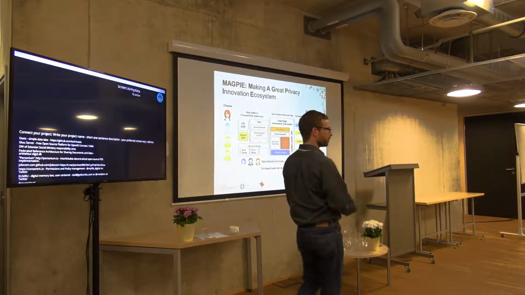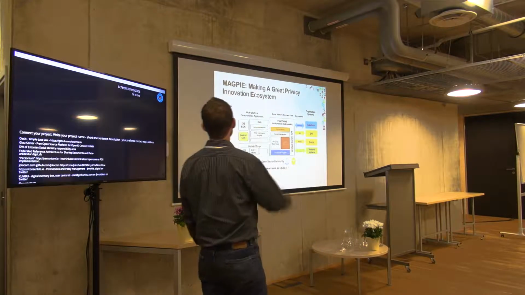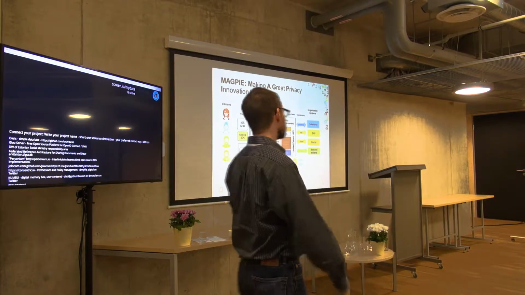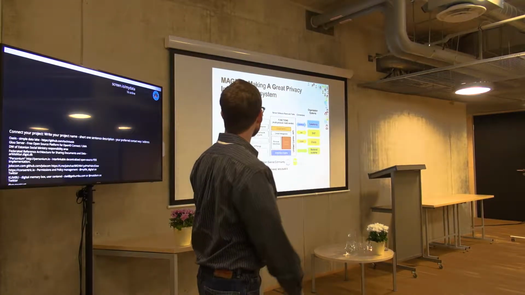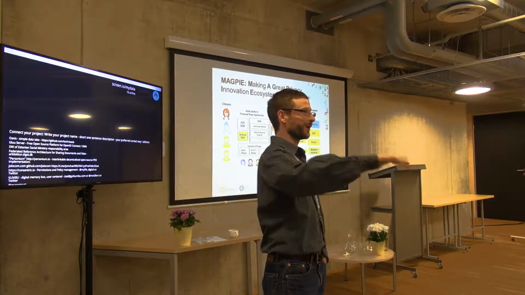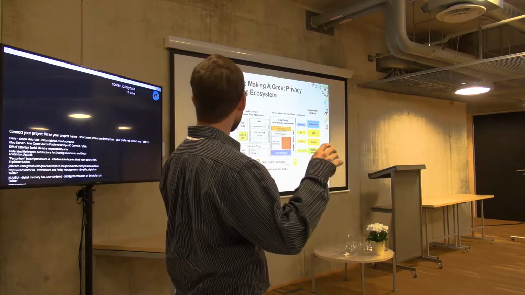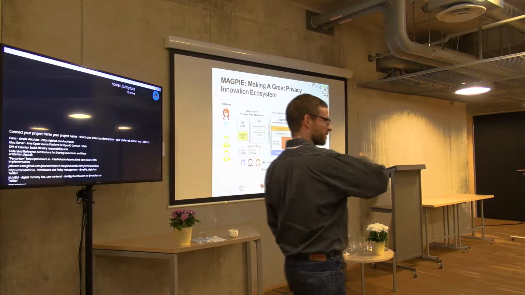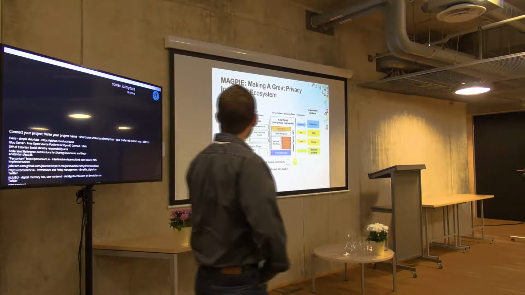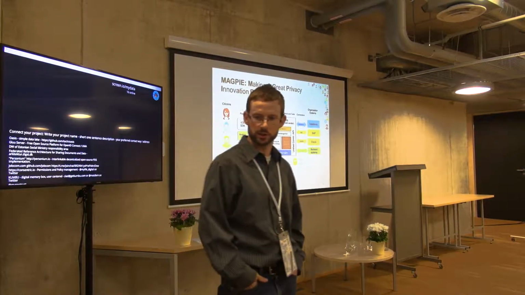So what do we want to do? I'm not going to talk too much about this project, but I think it's relevant to many of the discussions we've had. So Magpie, originally I had this long technical name for the project, but at the last minute I simplified it. I said we want to make a great privacy innovation ecosystem. It's a little bit of a nod to my favorite president, Donald Trump, but only slightly. And I don't say make privacy great again, because I think the words here are important. Privacy, innovation, ecosystem, and especially ecosystem is really important.